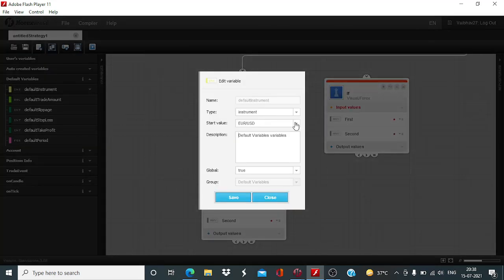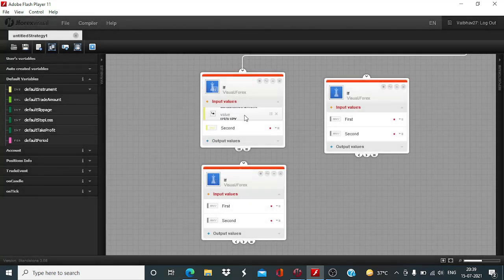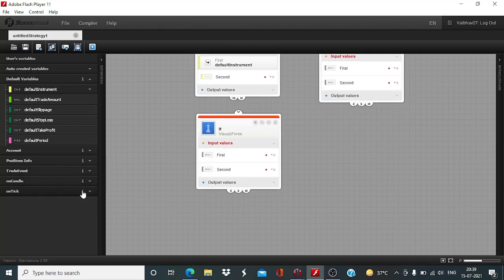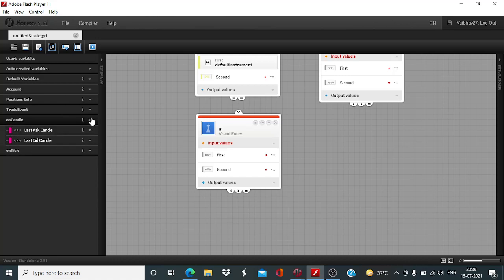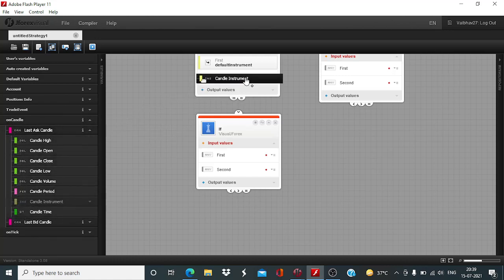I will change this default instrument to USD. Okay, on candle, candle instrument,